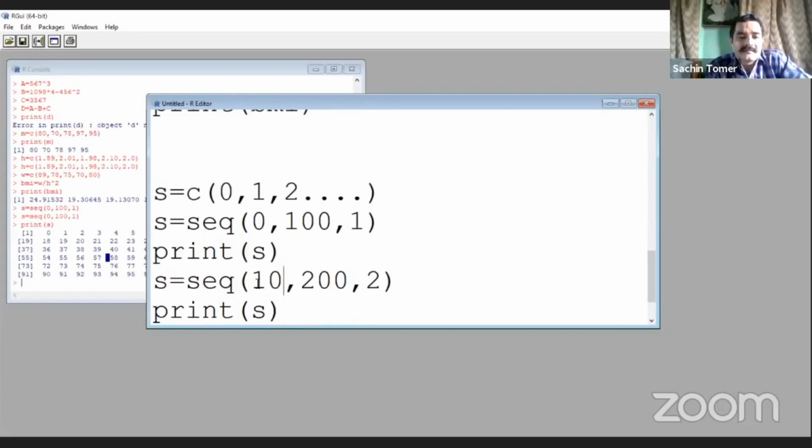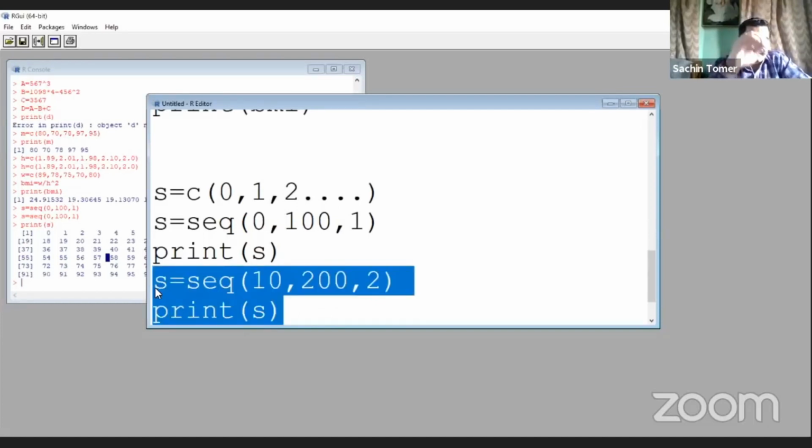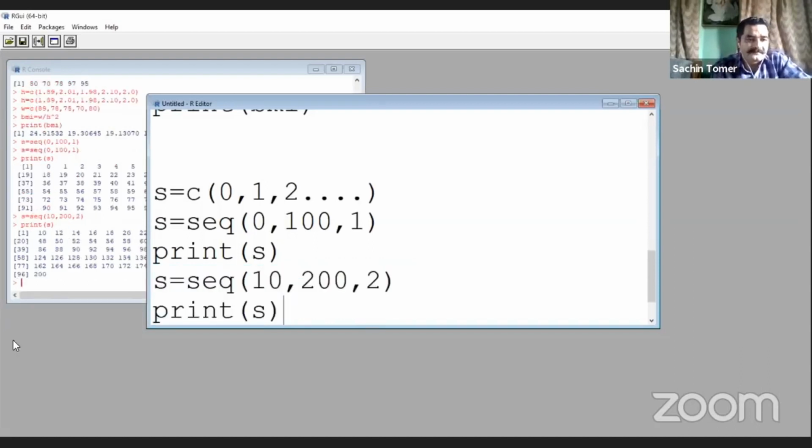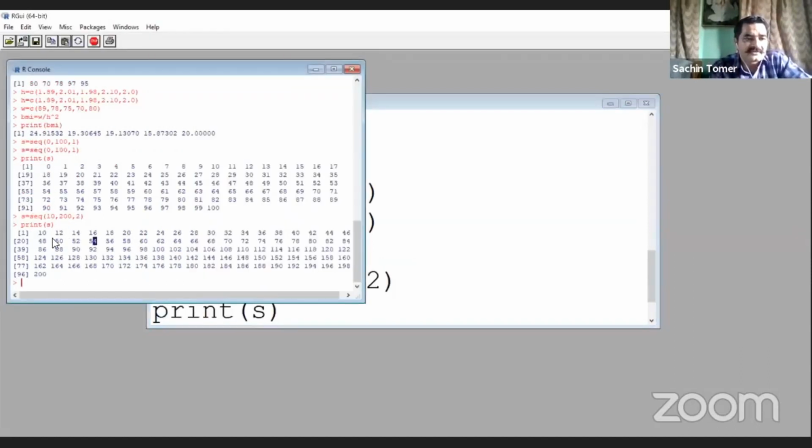The minimum value is 10, the highest value is 200, and the increment is 2. Let's see what happened after running it. Control R. You can see the first value is 10, then 12, 14, 16, up to 200. So with an interval of 2, we have generated a sequence from 10 to 200.